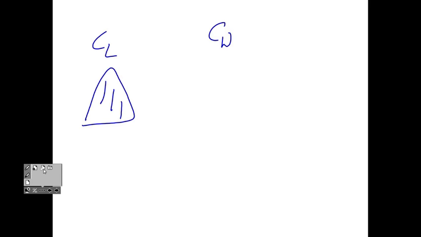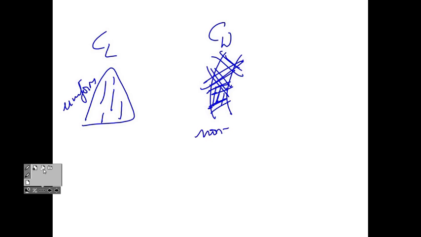Now before that, compliance of lung depends on what? The elastic fibers of the lung. Compliance of the chest wall depends on elastic fibers of the chest wall. What's the difference? Elastic fibers of the lung are uniformly arranged, whereas in the chest wall, they are not uniform. So because of that, what else does the lung depend on? Surfactant.